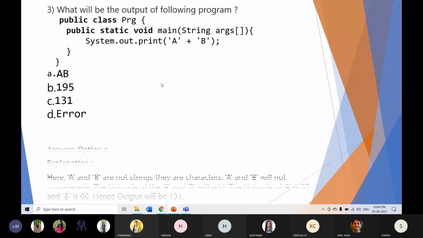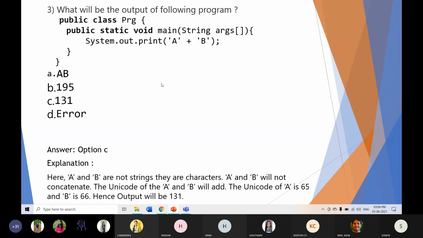The answer is option C, 131, because here A and B are not strings, they are characters. See, it is in single quotes. They are not strings, they are characters. So A and B will not concatenate. We cannot concatenate, so the Unicode of A and B will be added.